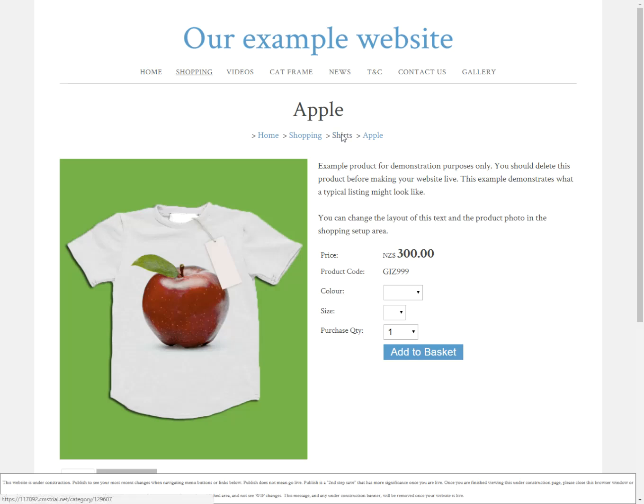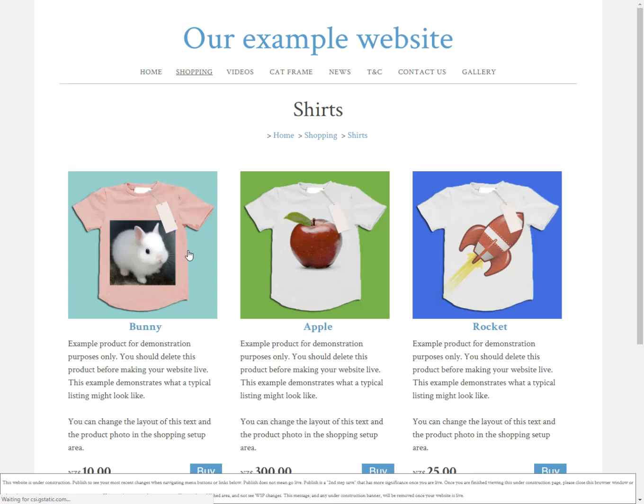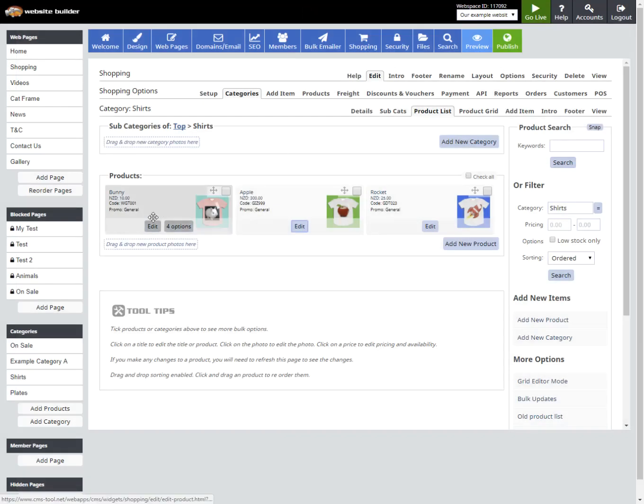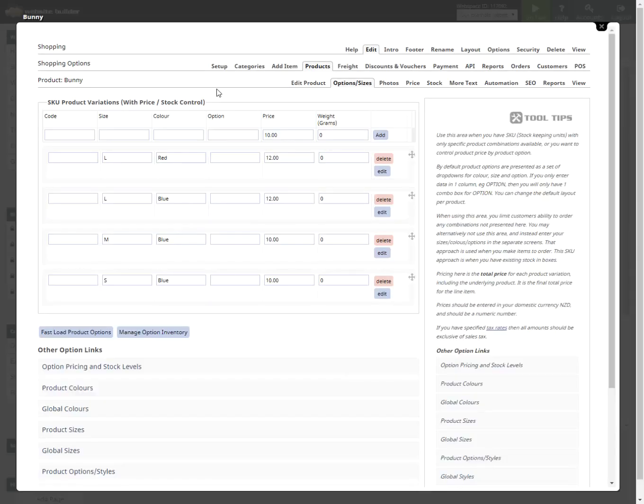I've set up another product, the Bunny product, to use the more complex layout and show you how that works. First we'll go and quickly have a look at the product. Here we have a product. This one has a 4 options button next to it, and it takes us to our grid of options here, where you can choose your size, your color option, set an individual price, such as the large items here are set to $12, and also stock as well,